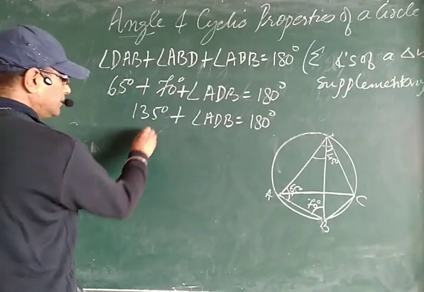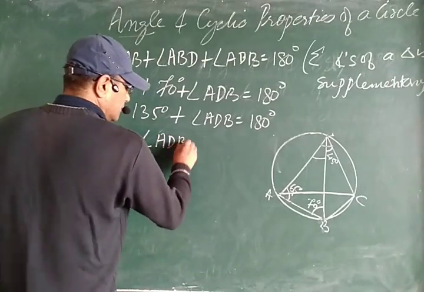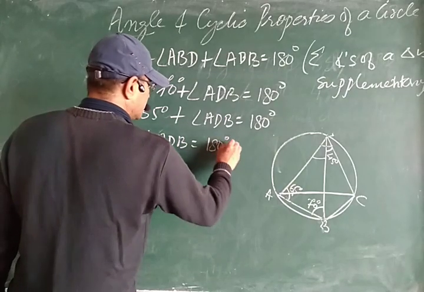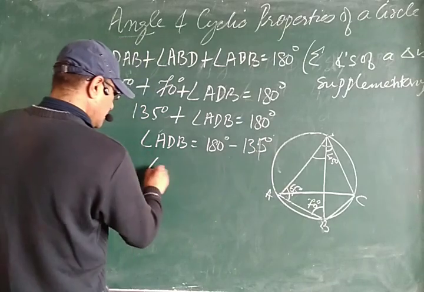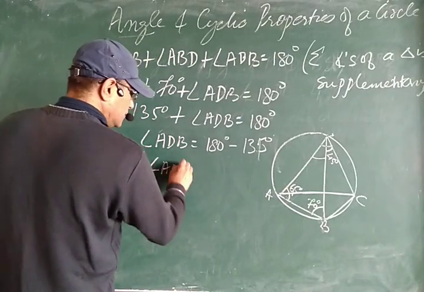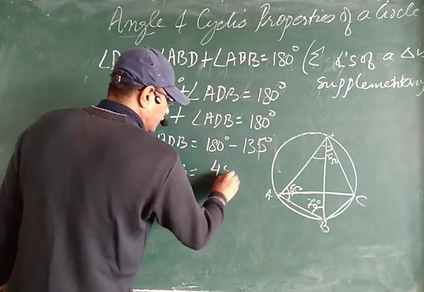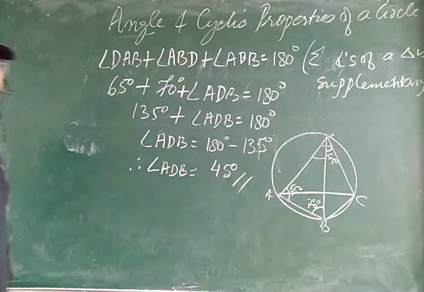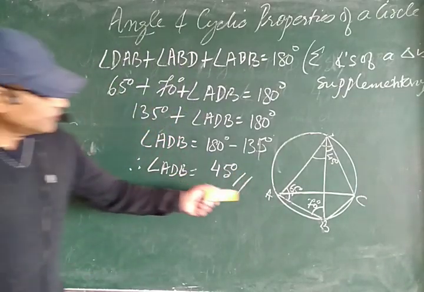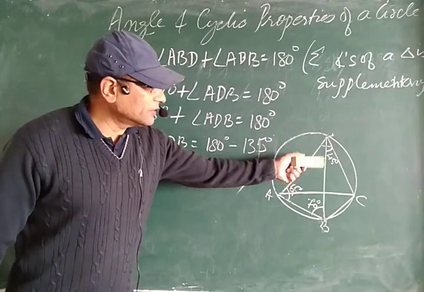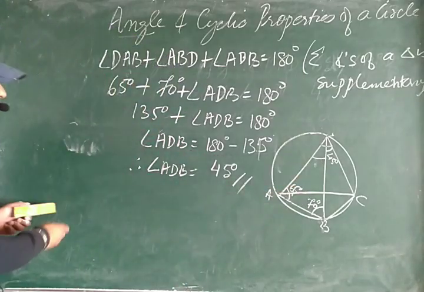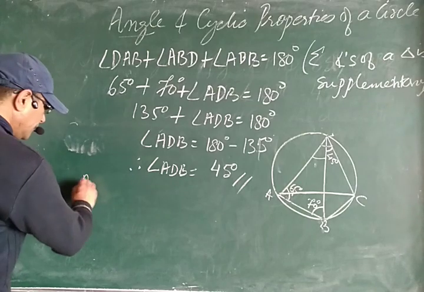Angle ADB is equal to 180 degrees minus 135 degrees. Therefore, angle ADB is equal to 45 degrees. We got that now. Okay, we found that this angle is equal to 45 degrees. Now again,